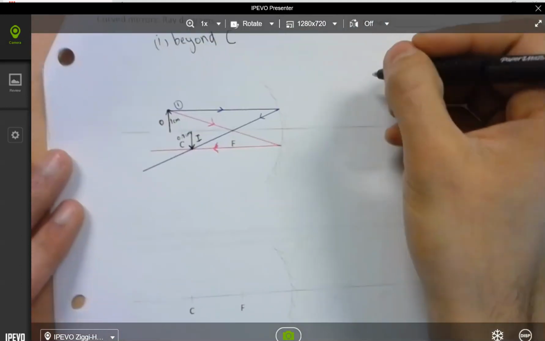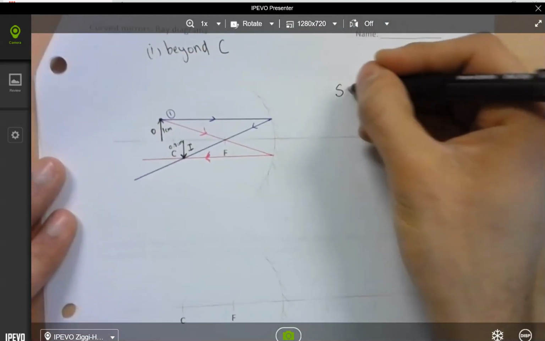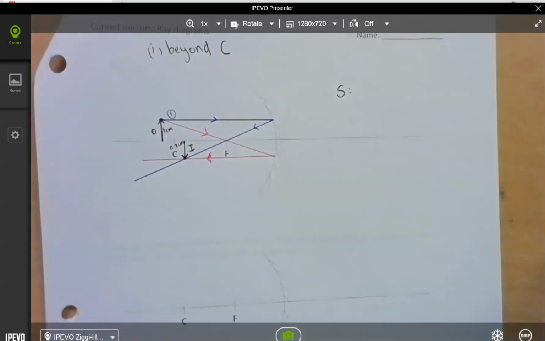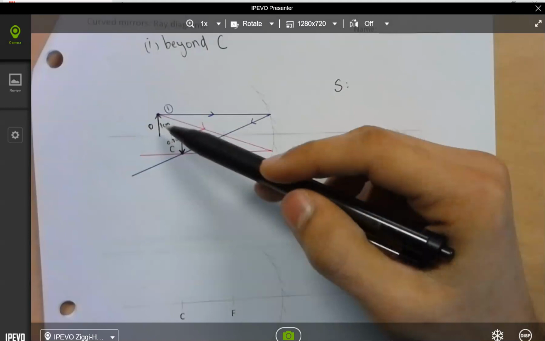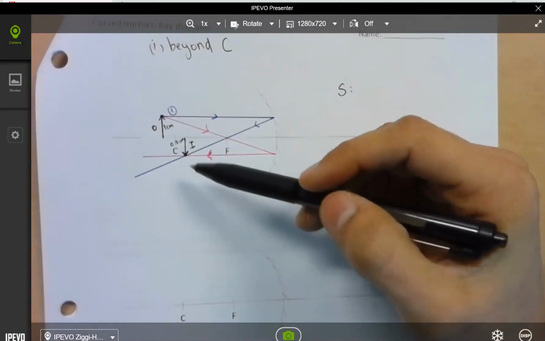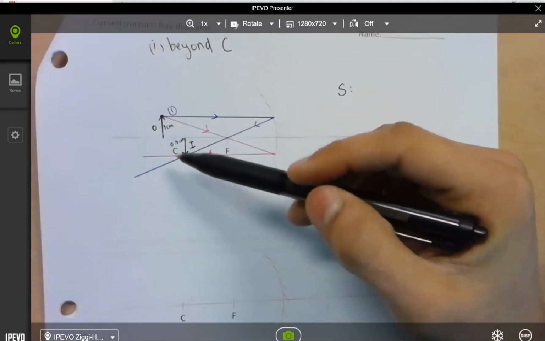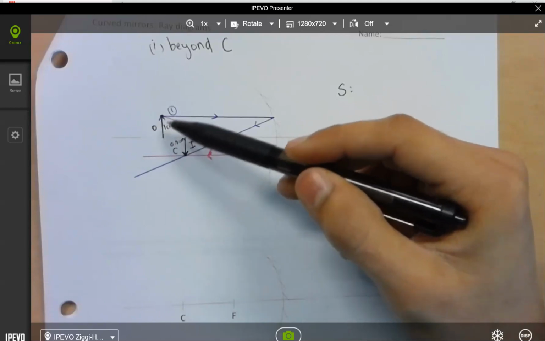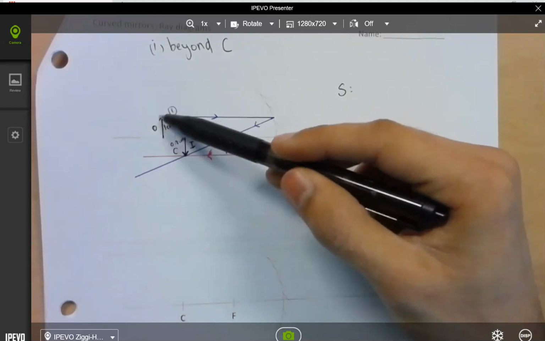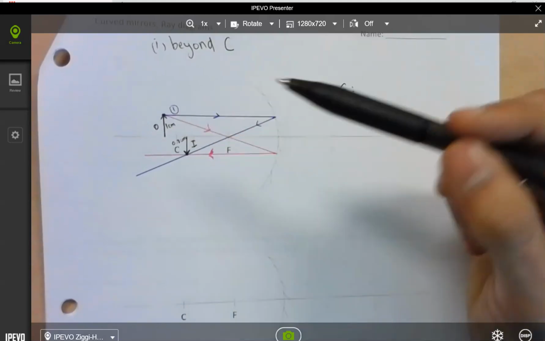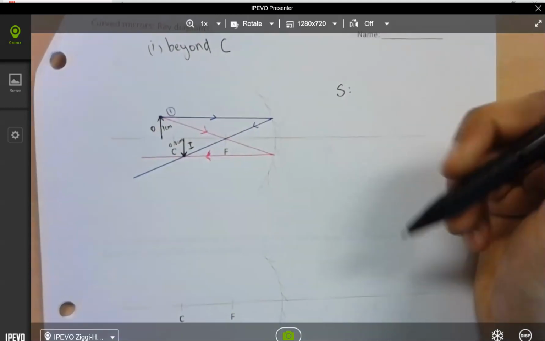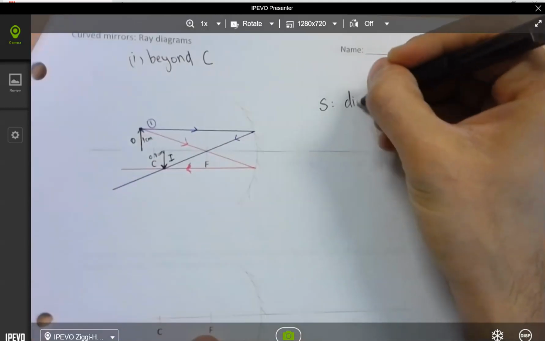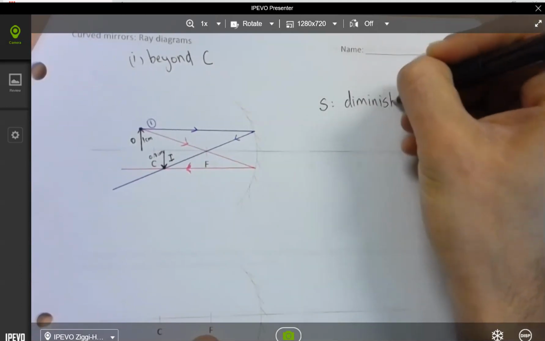Alright, so we will be noting the size of this image. So again, that's why on some of your drawings it does look magnified. That's why I took the ruler and measured this. So the object was 1 centimeter, but the image was 0.8 centimeters. So the image has gone smaller, right? So the size will be